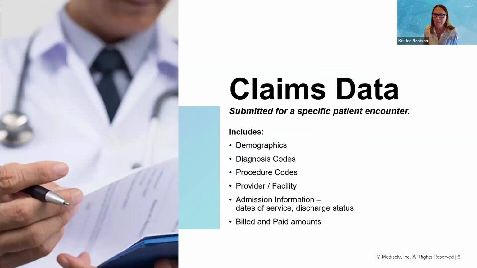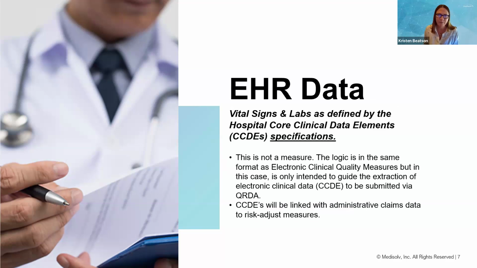So your claims data, I know many of you are familiar with this, but just a quick review. Your claims data is collected and submitted for every patient encounter, includes demographic data, admission and discharge data, diagnosis procedure codes, and billing information. Next slide. And then that claims data is combined with that EHR data. And this is really what's new with a hybrid measure. You've been doing claims forever, but what's new to create the hybrid measurement for the mortality and the readmission rates is the submission of the electronic data.